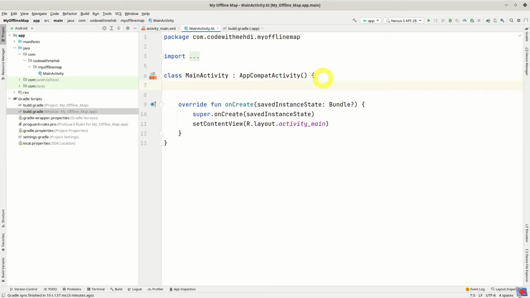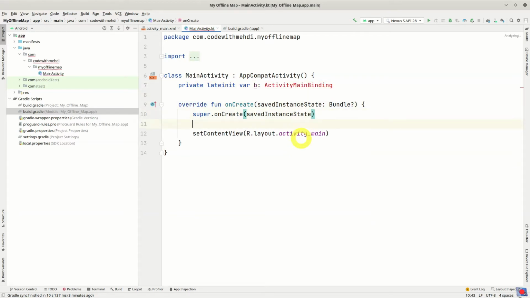So I say private lateinit var b for binding, and its type comes from the name of the layout file, so it is ActivityMainBinding, and I initialize it in the onCreate method. Let's import it this way,